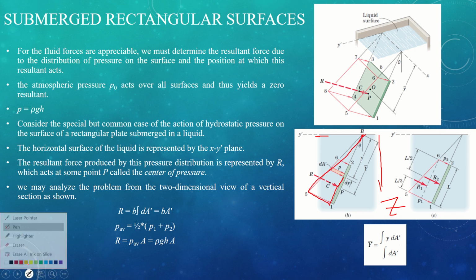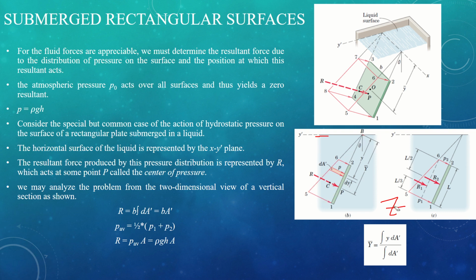Now, how did we get this triangle? Very simple. You don't need to find the value of b. We all know the value of b. That would be the